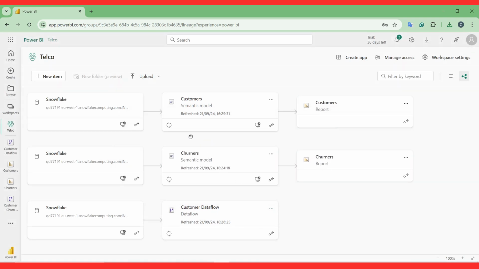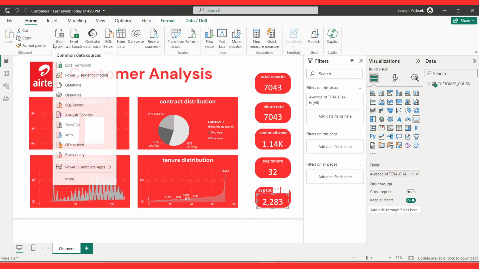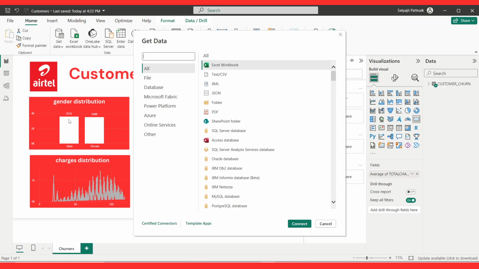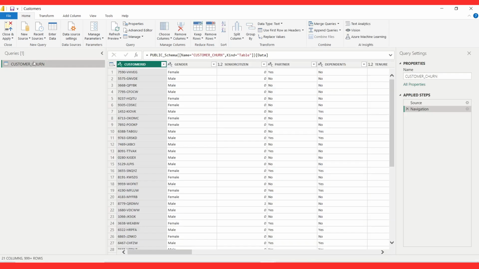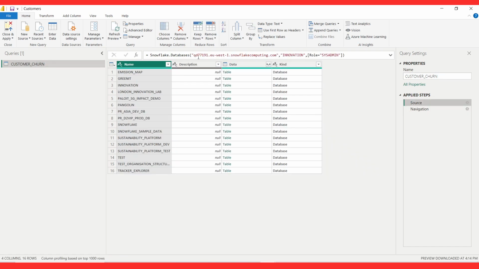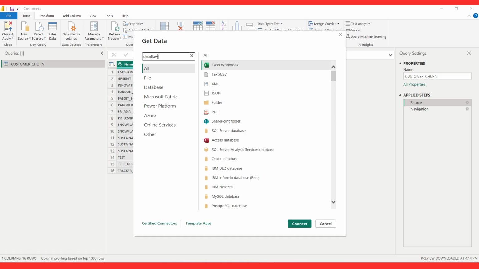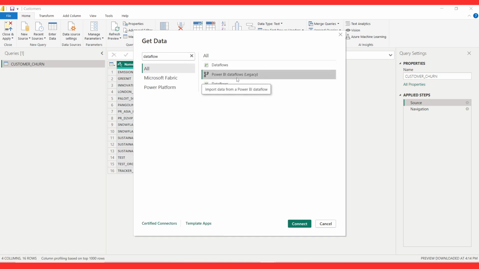Okay. Now it's time to switch our reports to connect to the data flows. Go back to your original reports. Click on get data. I'll go to transform data here, and you can see that in my original table, my source is Snowflake, right? Is there an option to change something directly here so that it connects to the data flows? Well, it's going to be a very complicated process. So the easiest process is to go to new source, click on data flow, and here click on Power BI data flows, click on